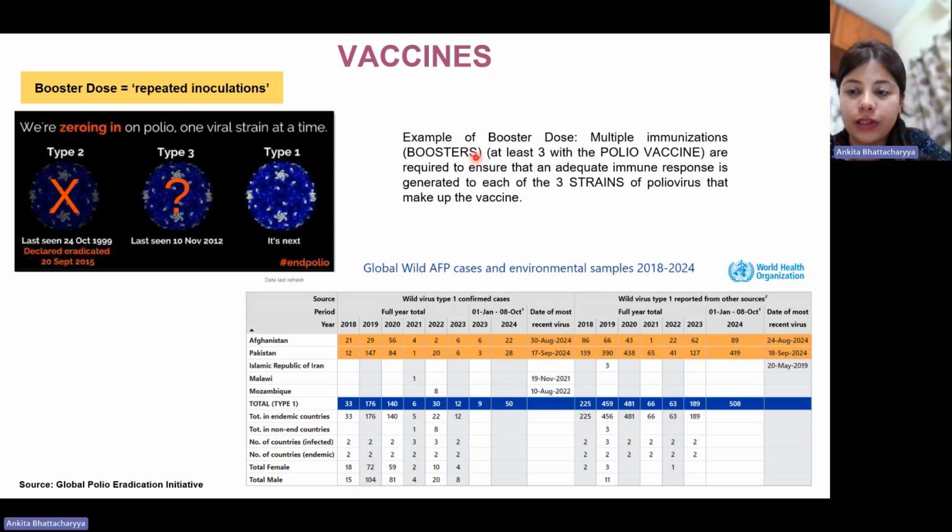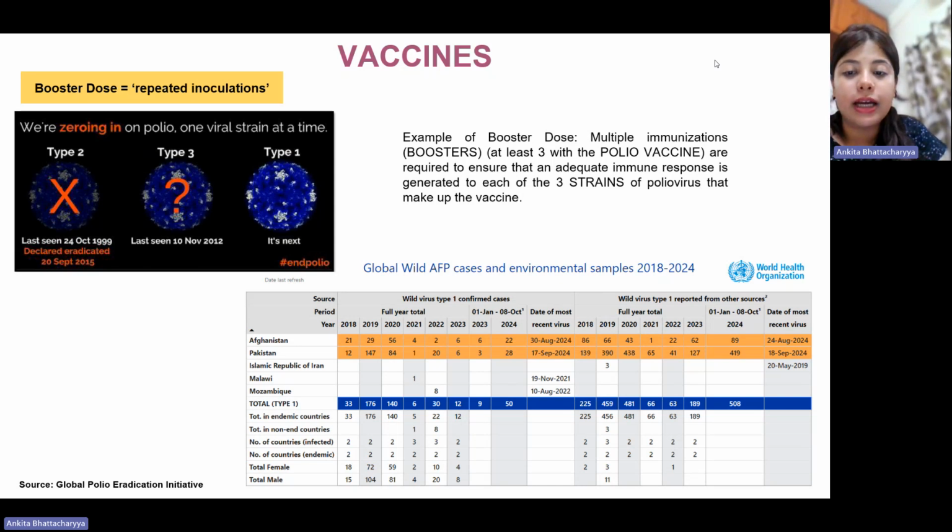But what I've also put as supporting data for the fact that polio is going to be the next big thing that gets removed after smallpox. You can see this is the most recent data. I looked it up today, so it's as updated as it can be. But yeah, you can refer to these websites for your own understanding. You can just search End Polio, or go directly to the Global Polio Eradication Initiative website and search there. And you can see how there have been recent cases reported